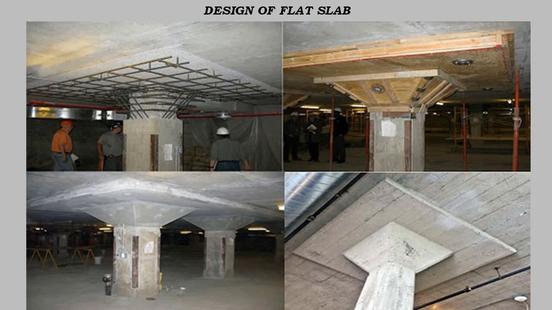Generally if the bending moment is more at the support, we need to provide the drop to increase the depth, and if the punching shear is more, we have to provide the head, where there is a slow change in the cross section. And generally the flat slabs are always two-way slabs. Here you can see they are constructing the column head and the drop. So here is the complete figure, where the construction of the slab has been completed.